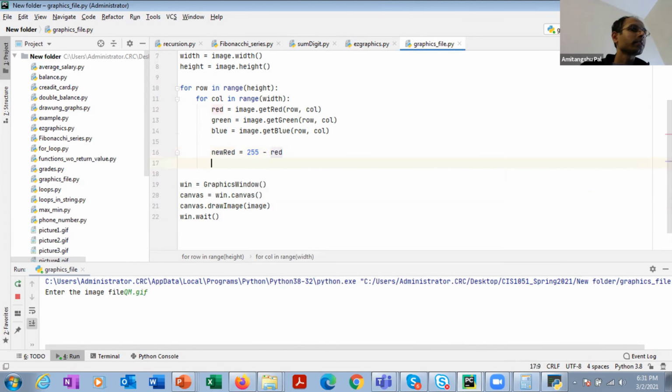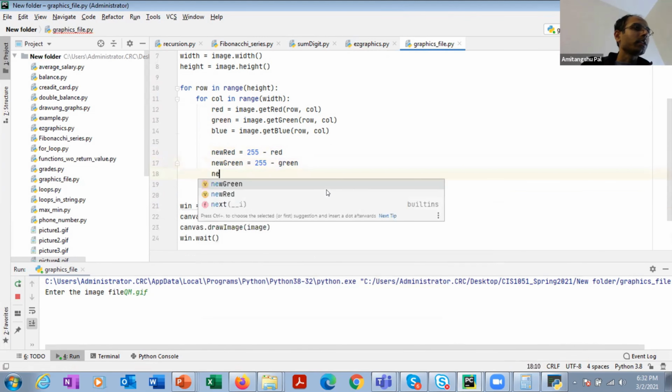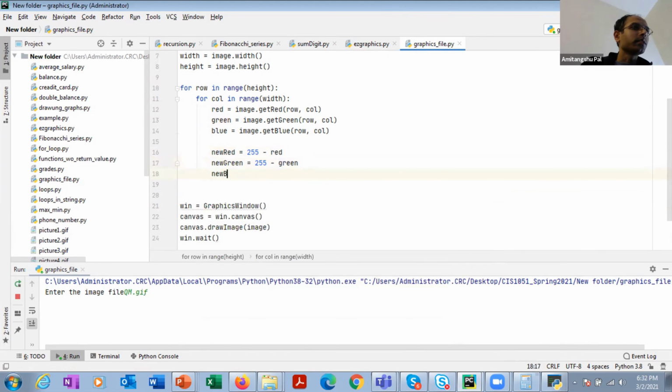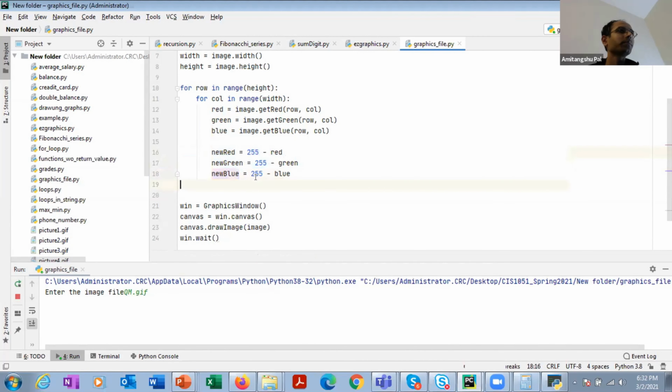Similarly, new green intensity is equal to 255 minus the green intensity, and new blue intensity is 255 minus the blue intensity. Okay. So these are the three different intensity levels of the new image that I am going to create.